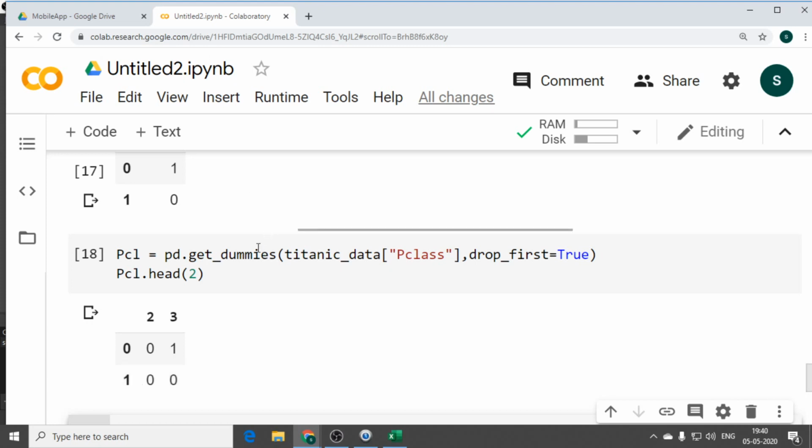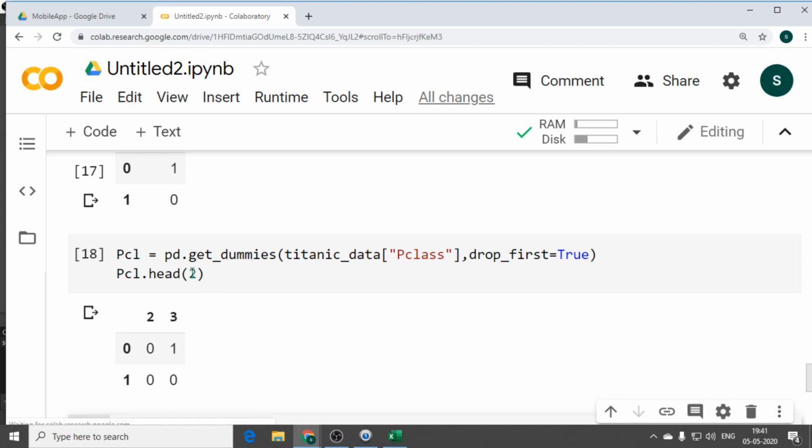Yes, is it done? Did you create dummies for passenger class? A quick confirmation. Then we'll create dummies for embark, that is from which place they are traveling. Because if you follow this step clearly, we'll be able to build a mobile application at the end. Just try to follow very clearly, right?